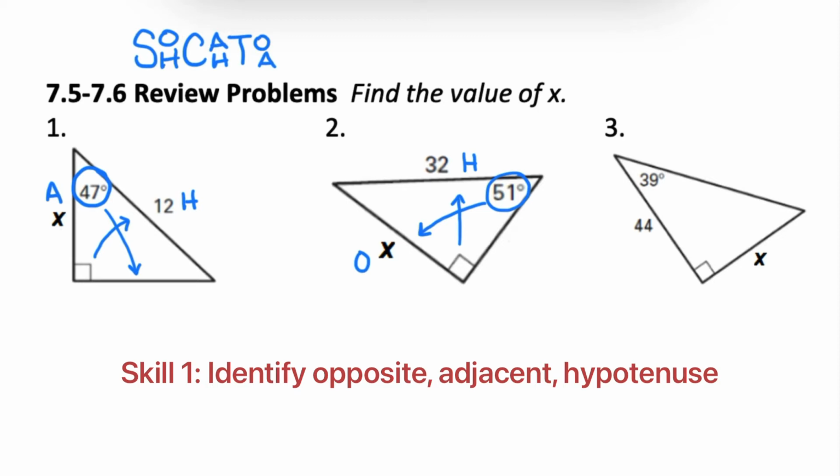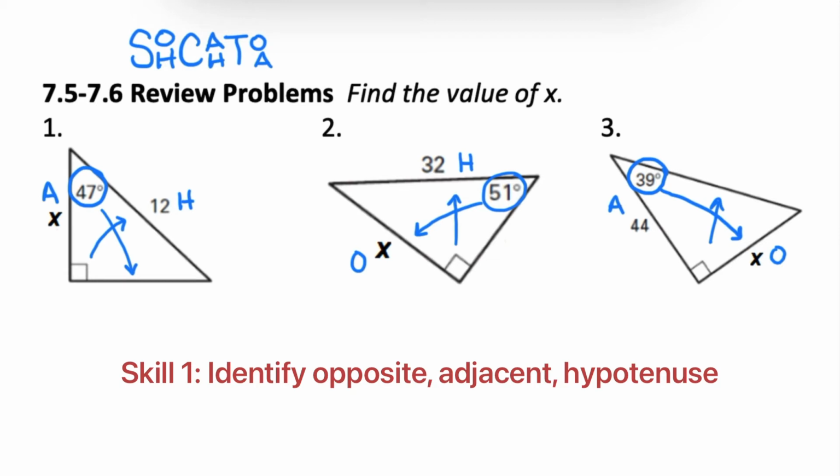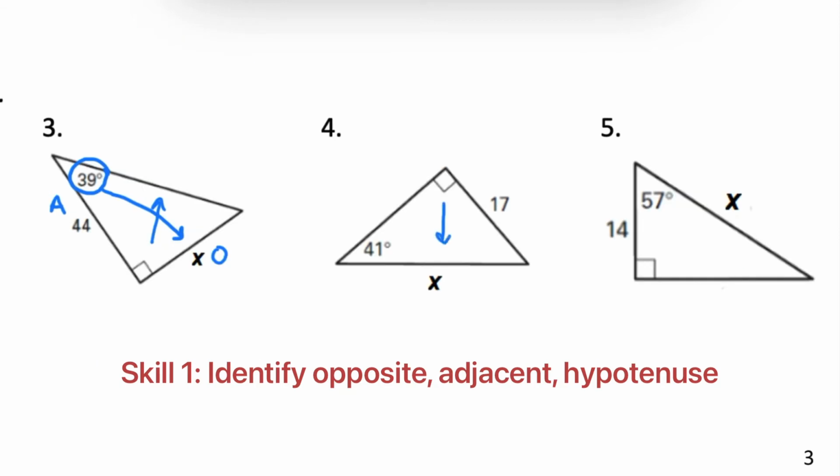On the third one, the hypotenuse isn't even marked. So we go to the angle. What's way across from the angle, that's my opposite side, and then this other leg would be the adjacent. For number 4, across from the right angle is the hypotenuse, and if we're at this angle, the 17 is the opposite. And finally, number 5, the hypotenuse is the X side, and if we're at the 57-degree angle, the